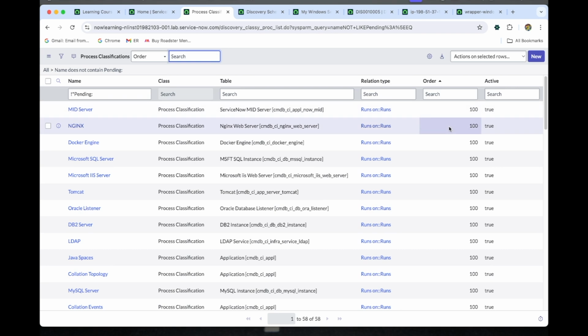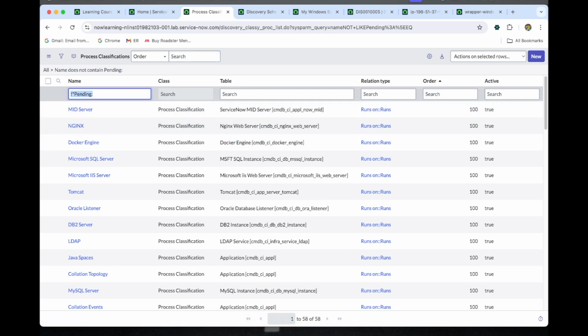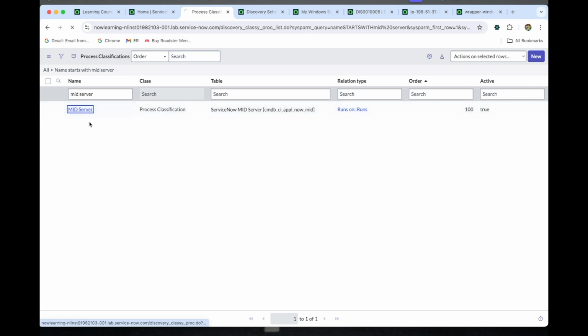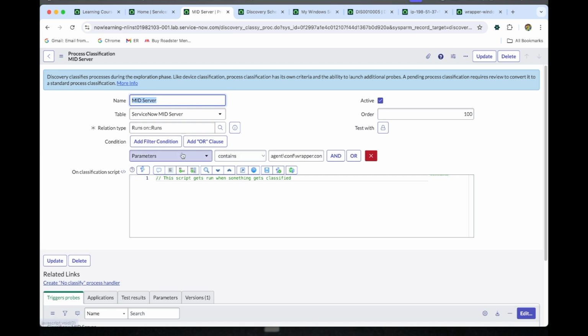The condition queries all hosts containing that agent slash. Let me open that one. So this condition queries all hosts containing agent slash conf slash wrapper.conf in the parameter section of the running process record and the related list of the hosts CIs. So once we submit this one,